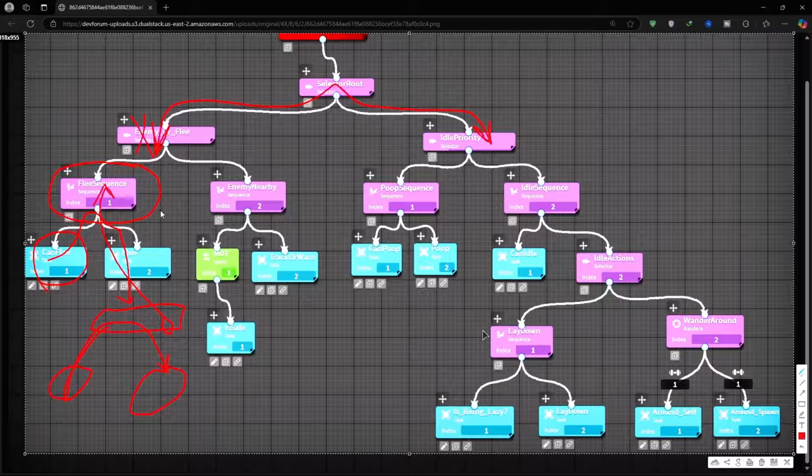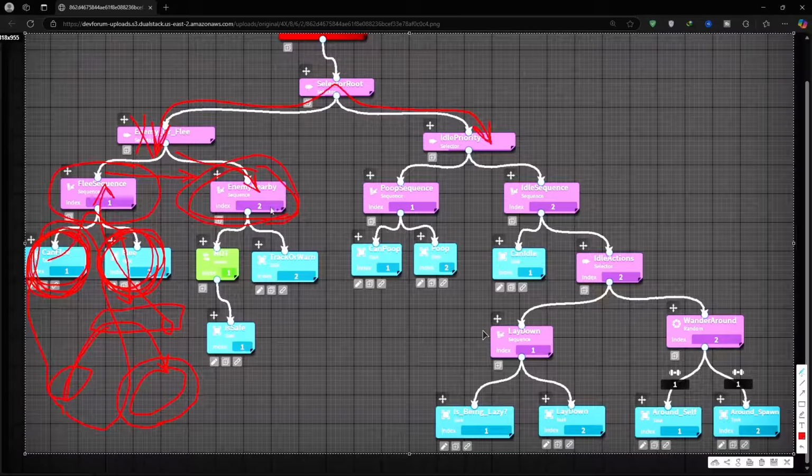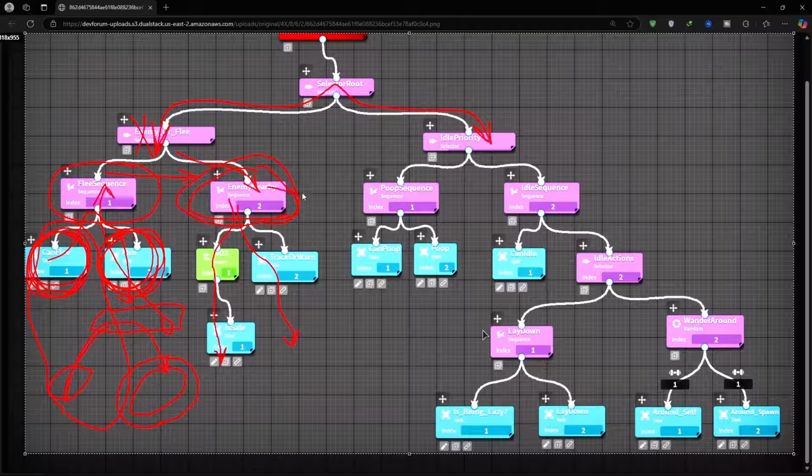Now, this one is not a selector, this one is a sequence. So we move forward and find the next node. Okay, up until now, we made sure that we can use the energy and we have enough energy. We decrease the energy amount, so we start crafting. Or alternatively, we want to see if we have a recipe and we are not doing any recipe right now, then we go for the next branch, that is, do we have the energy? And if we have the energy, please reduce the energy, because we already have a recipe ready for us. Then we move forward for another node, and in this node, we start the process and we return success and